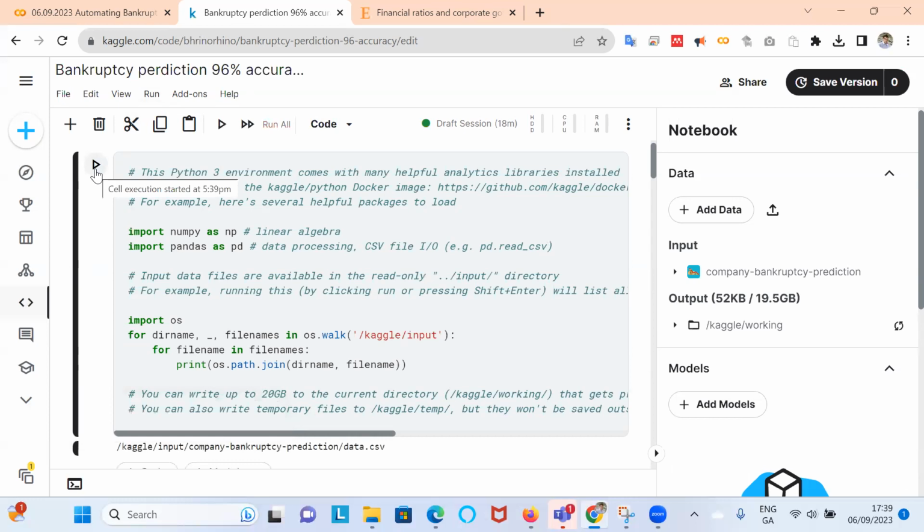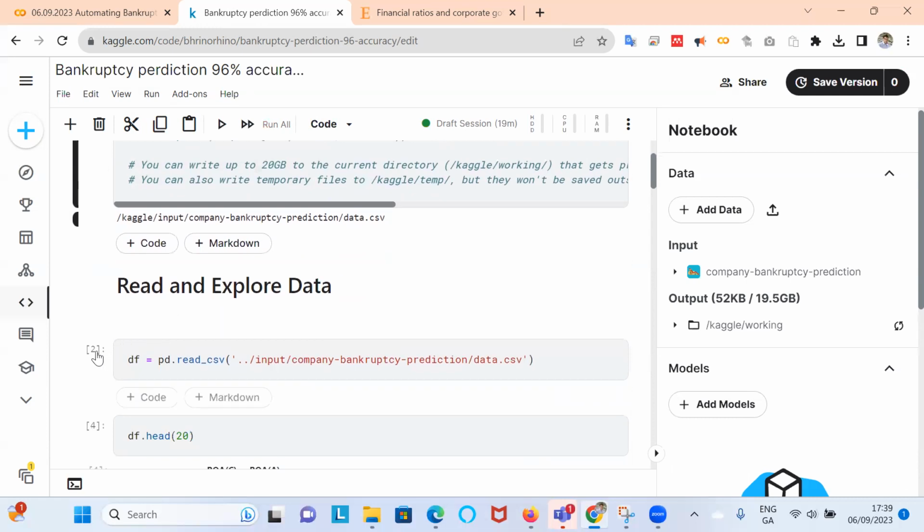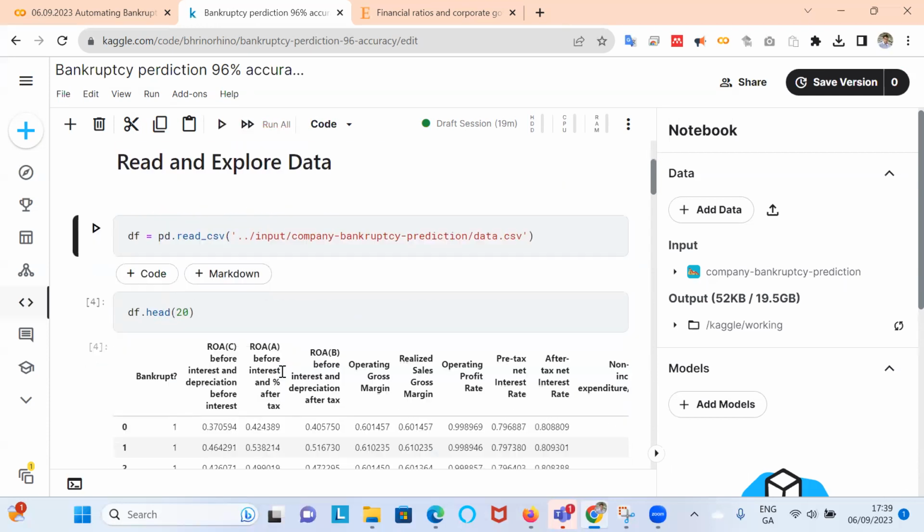And if we have a Kaggle account, we could save it to our own Kaggle account and keep it for later. Right? Now the data is linked to the notebook, so if we just execute, the data should read in without too much difficulty.